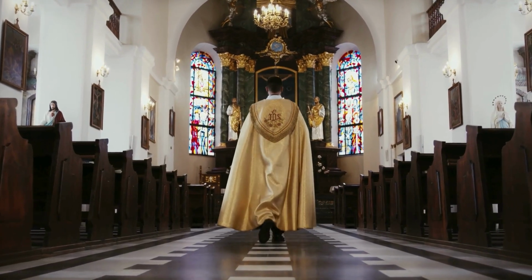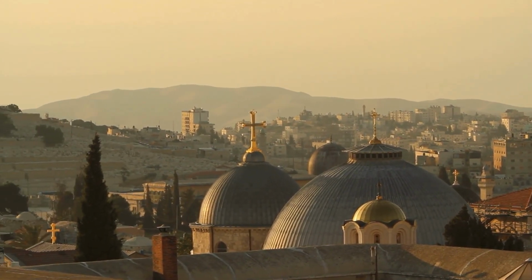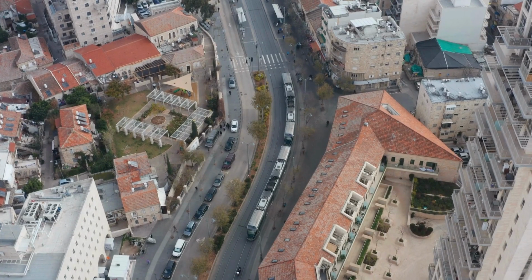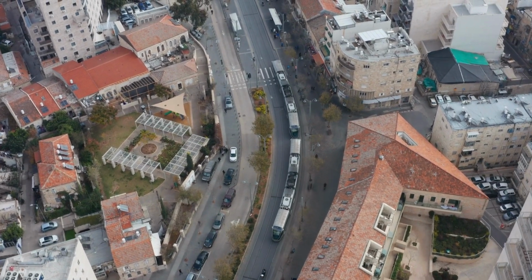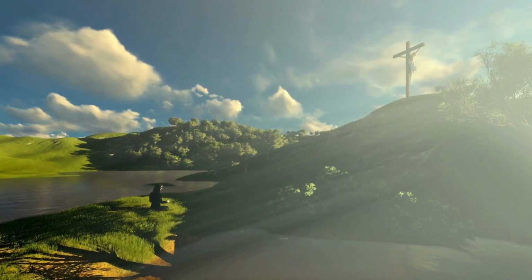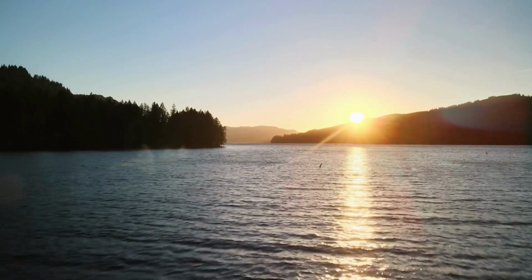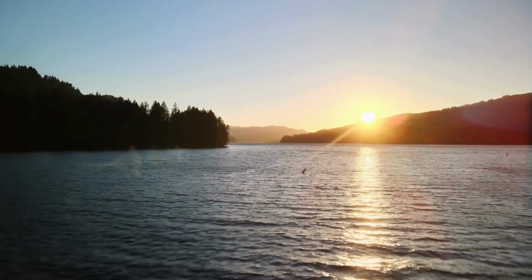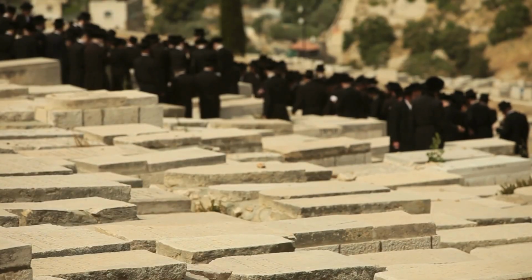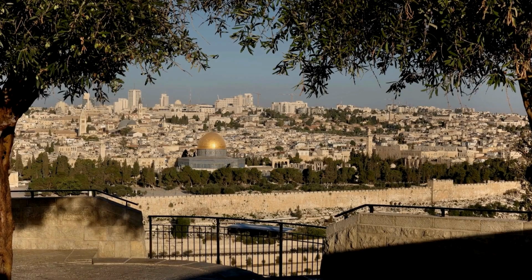What makes this even more remarkable is that the discovery came just before Sukkot, a major Jewish festival filled with music and sacred rituals. In temple times, Levites would descend to the pool of Siloam, draw water, and return to pour it on the altar, each morning marked by the sound of trumpets. All of this reminds us, there's still so much buried beneath Jerusalem, waiting to rewrite what we know about history,